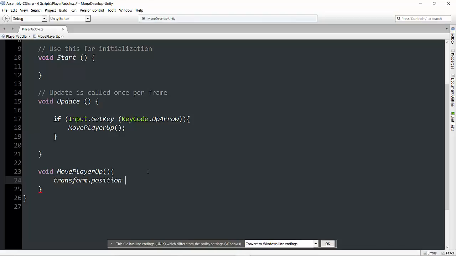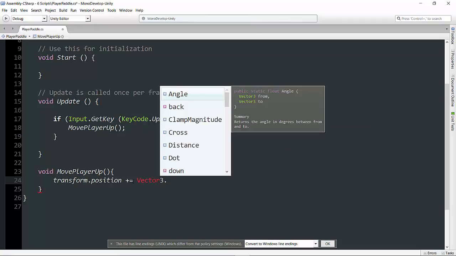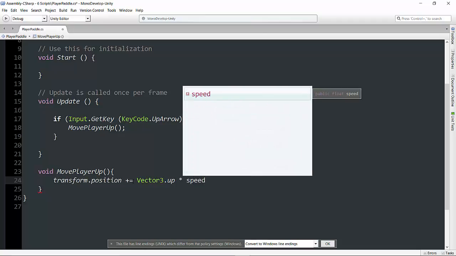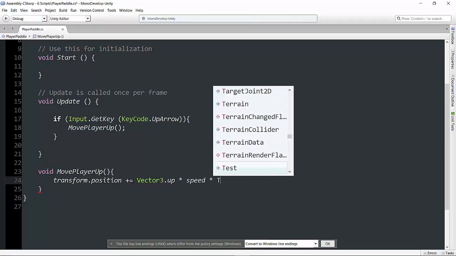Now, next, we want to say transform.position plus equals, and the plus equals is essentially the same thing as taking away this plus and just putting transform.position again on the other side. So it's a short form way of saying increment yourself. So transform.position plus equals Vector3.up. And now we're going to say times speed, so we want it to move up at the float value we gave our speed. And then there's one more thing you have to do here, and you have to say times